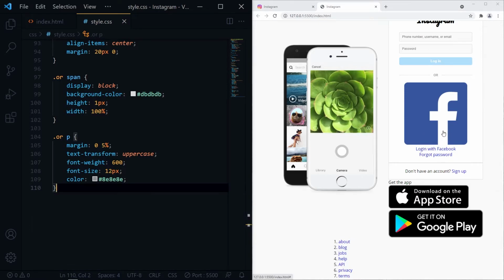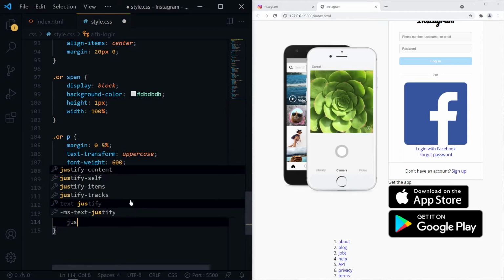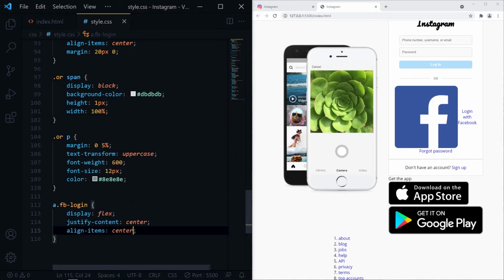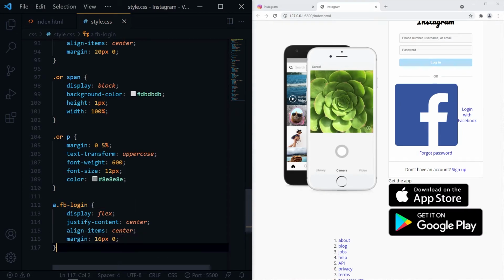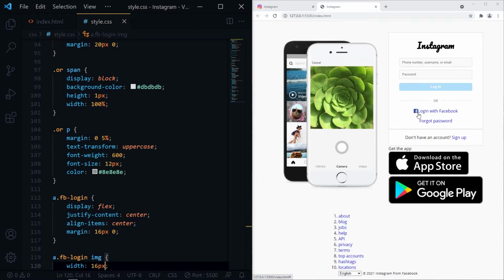And now for our two anchor tags. First one have class FB login and second one have the class forgot login. We need to reduce the size of the image and give some space between the image and the text.